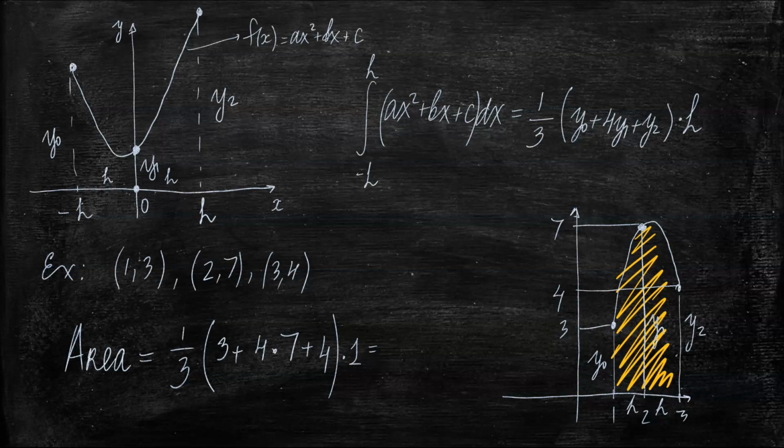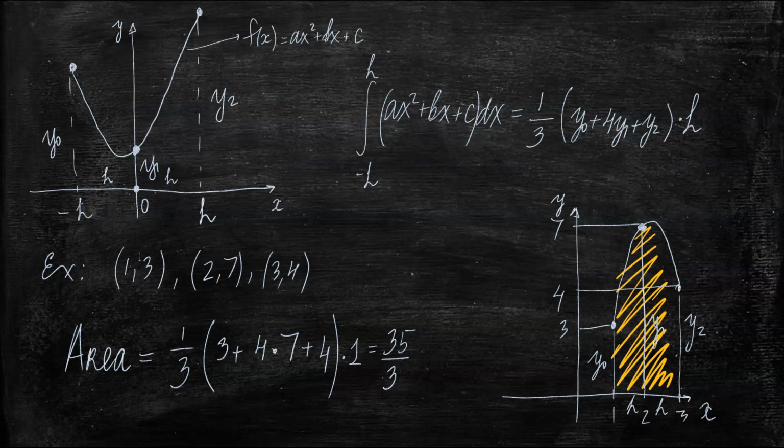And that's it. So we got the arithmetic expression that we can compute. 28 plus 7, 35. So the answer is 35 over 3. And you can check this, but to check this, you're going to have to find the equation of the parabola first using algebra. You may have to solve a system of equations there, and then after you find that equation, then you can integrate it. But this formula gives us the answer much faster.